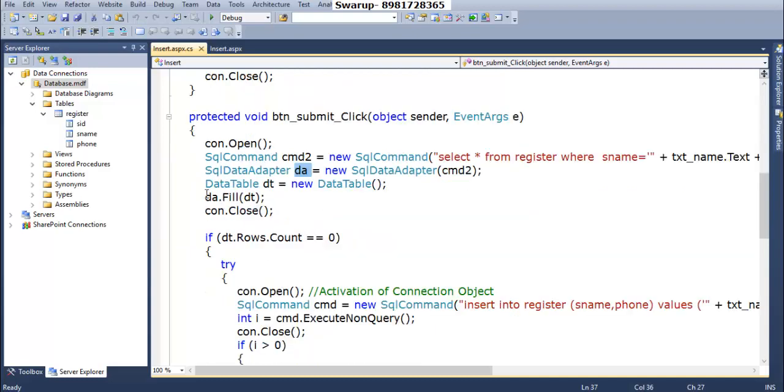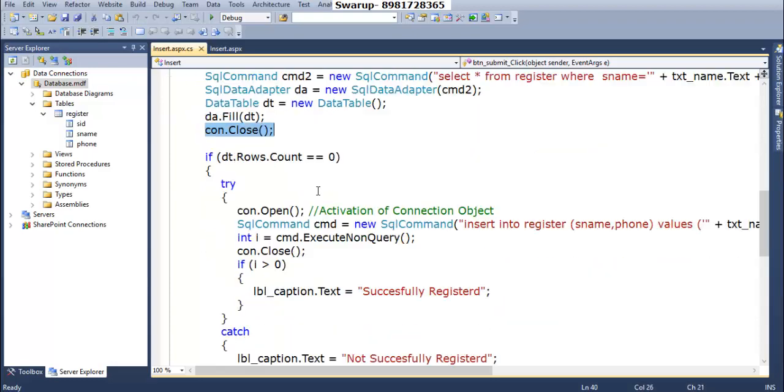The client will create a virtual matrix which would look very similar to the table that we have used in SQL Server. A virtual matrix will be created, and I have given a name called DT, and this DT is supposed to receive all the data from the SQL adapter with the help of the fill function, and that's what has been done over here. So here the data is actually stored. From there it is getting filled into the matrix, and after the data has been filled,